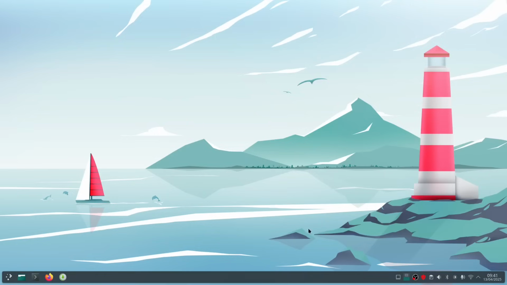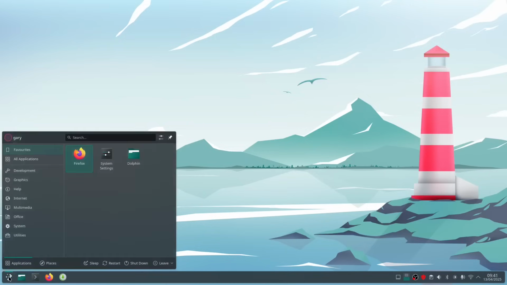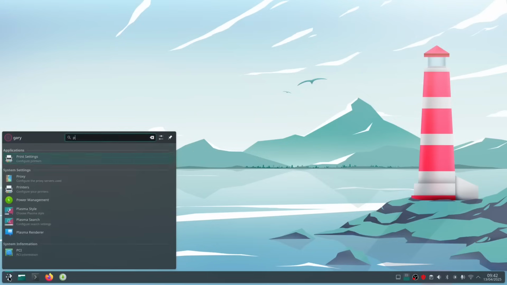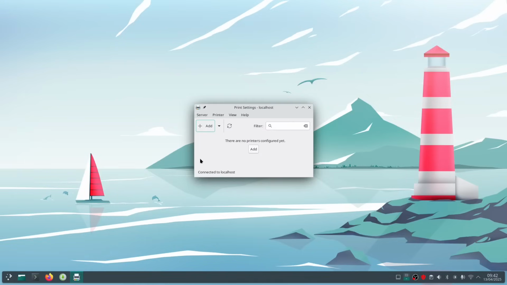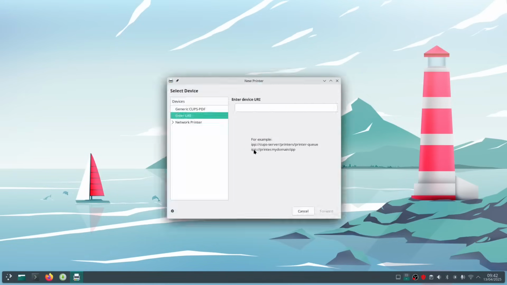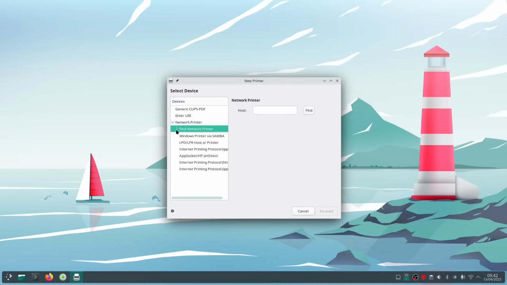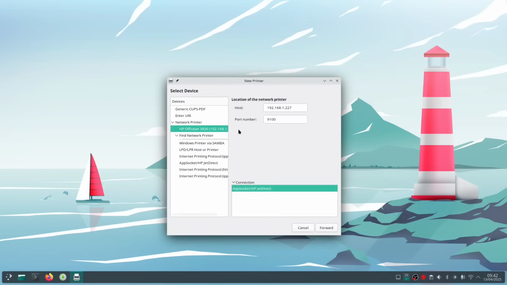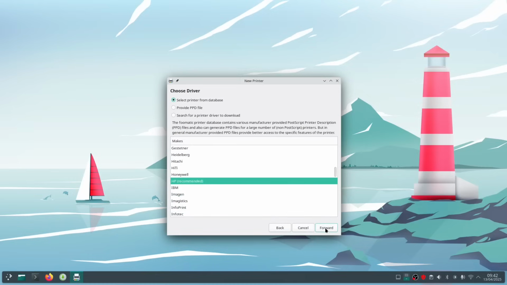Whilst we're on the subject of hardware, we've done Wi-Fi, we've done Bluetooth, let's do printing. So down here we can go to and type print, the print settings. Click add to add a printer. I've got a network printer, so I'm going to go down here. And you can see it's found my printer straight away, so I just need to click,